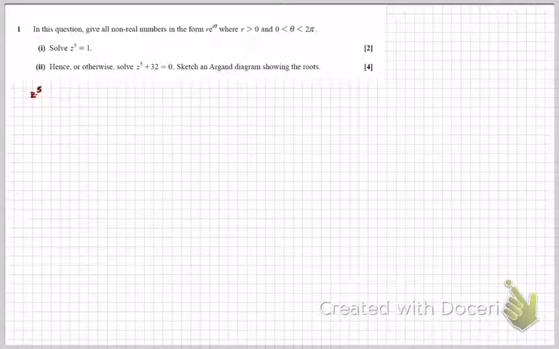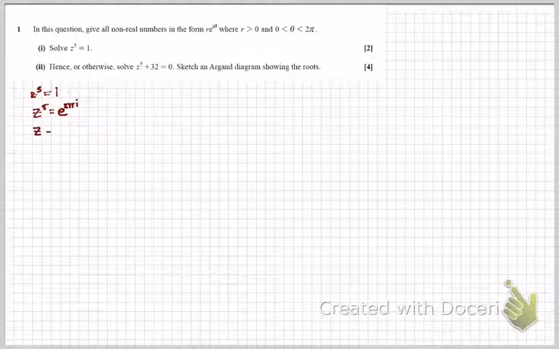To begin with, we should check that we have read the question, and interestingly this question asks you to write the arguments between 0 and 2 pi rather than the traditional pi and minus pi. So let's begin. If we write z to the 5 is equal to 1, you might change this to be e to the 2 pi i, since that's the value of 1 in exponential form perhaps. Then if we take the fifth root, we divide the argument by 5, giving us e to the 2 pi i over 5. We should know that we can then rotate by 2 pi over 5 to get all the other